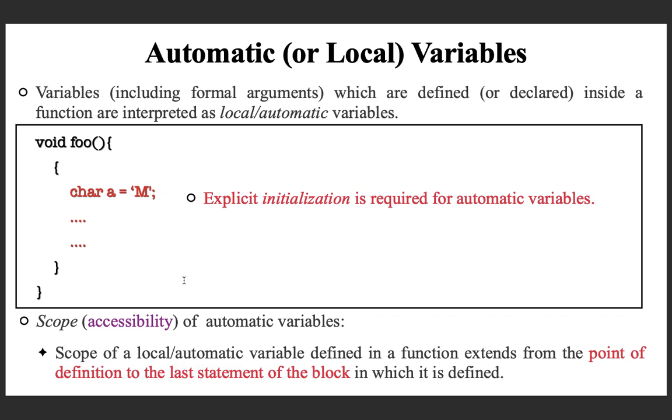And explicit initialization like this is required for automatic variables, because values of uninitialized automatic variables are unpredictable. If you define a variable without giving it an initial value as a part of declaration or definition, then you cannot have any expectation about the value of that variable, because then the value can be any possible value. So if you want to have say 0 for a numeric variable, you have to initialize it as 0. That's it.